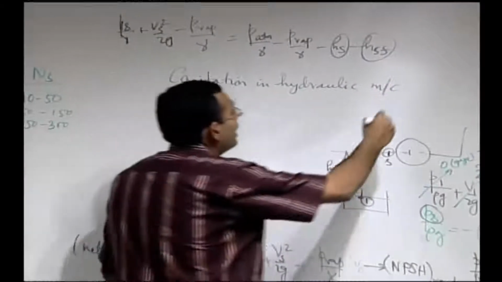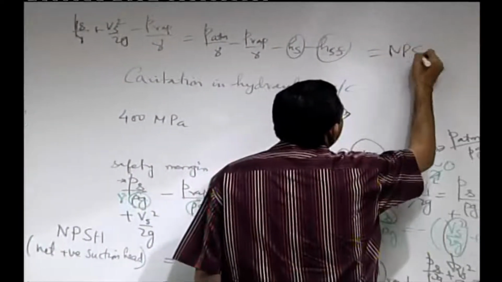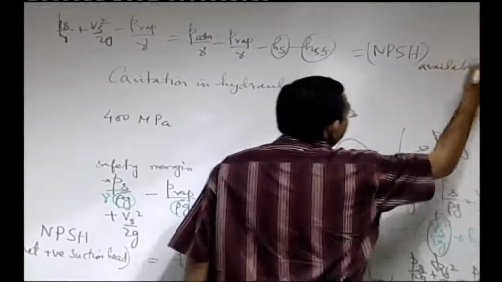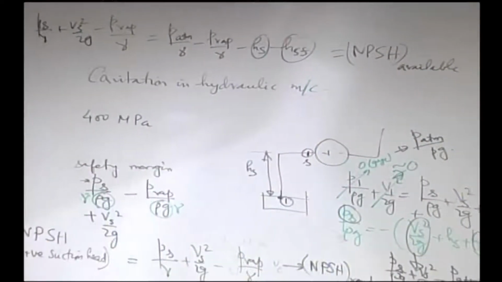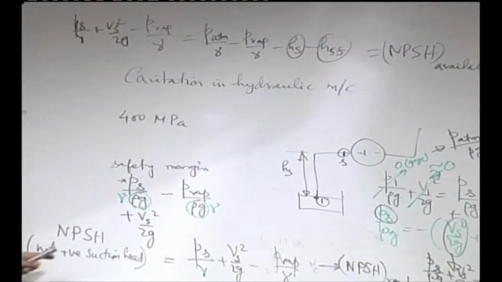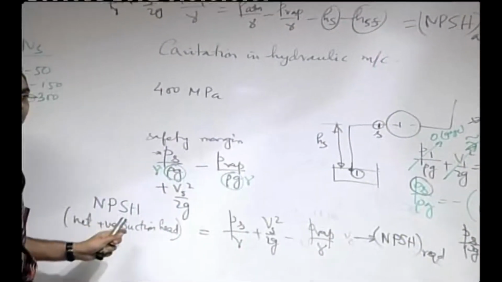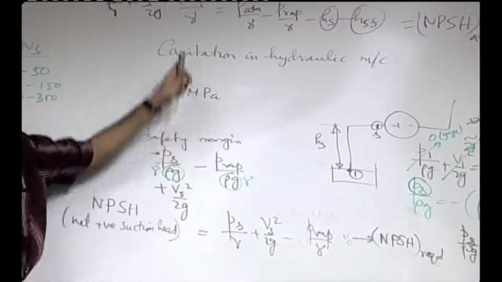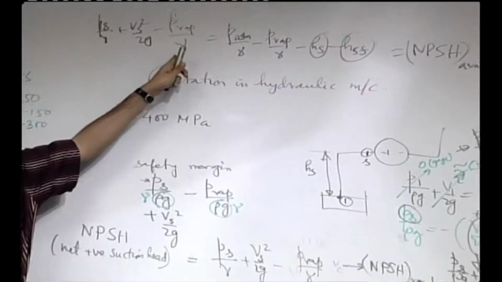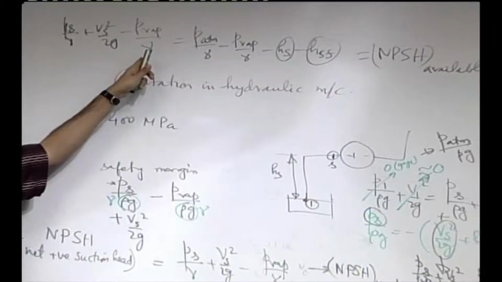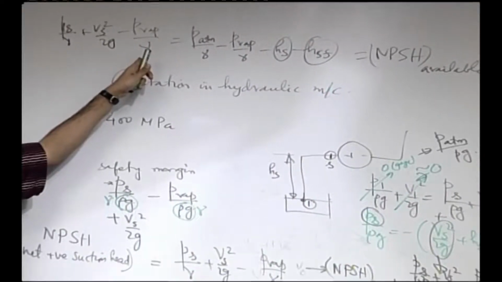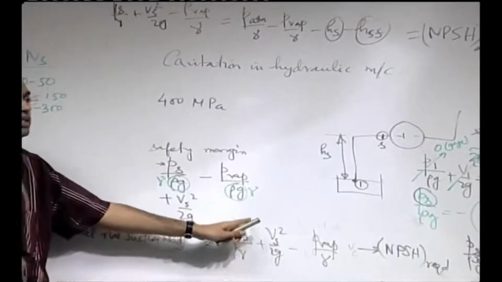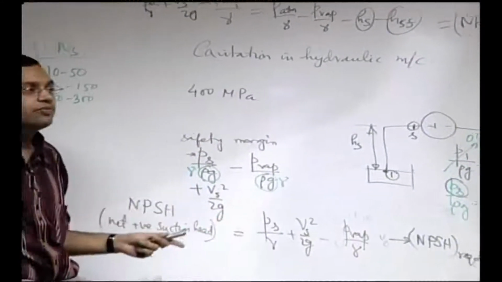So this we call as NPSH available. That is looking at it in the form of a requirement, a demand supply situation. This is what is the NPSH that is demanded by the pump. This is the NPSH that the system gives to the pump, that is available to the pump from the system, and if whatever is available is greater than whatever is required, then it will be a cavitation free operation.